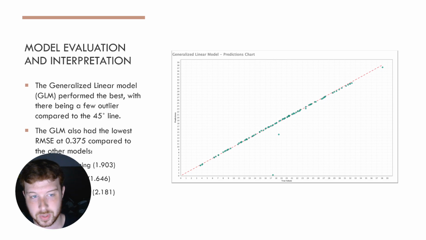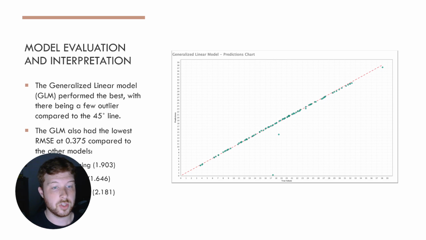relatively precise results. So seeing here, the GLM also had the lowest root mean square error value at 0.375 compared to the other models, and the other models within the auto modeling process utilized in this report were the deep learning, decision tree, and random forest. We can see deep learning had a 1.903, the decision tree had a 1.646, and the random forest had a